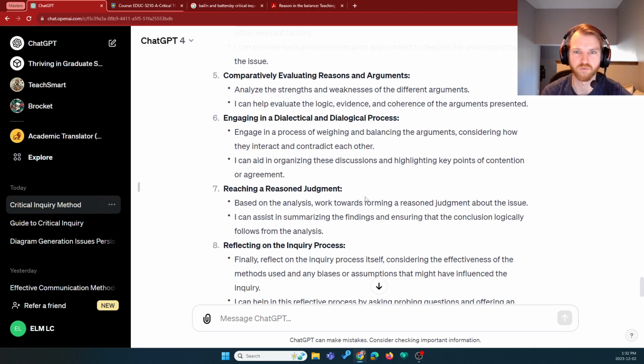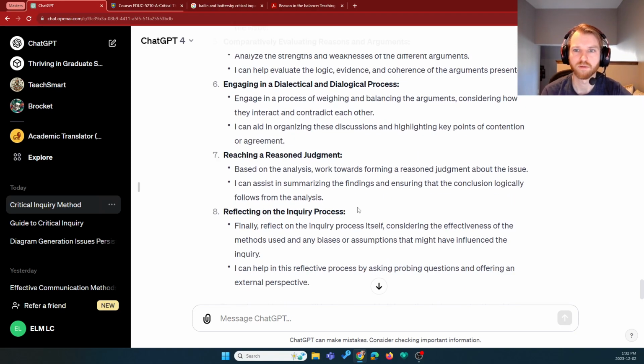Okay, that one's maybe a little bit more abstract, but yeah, and this reflecting on the inquiry process, AI can help in this reflective process by asking probing questions and offering an external perspective. And this is something that is not people's first thought about using AI, but